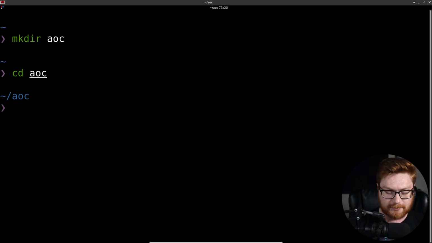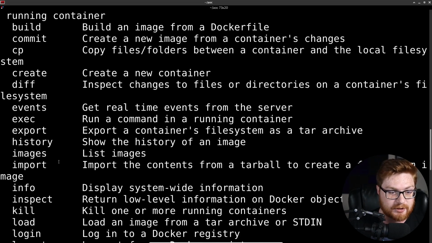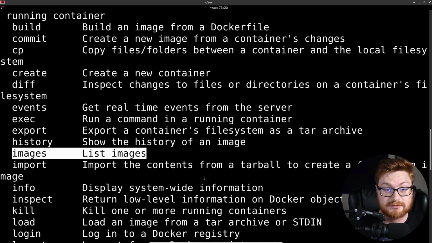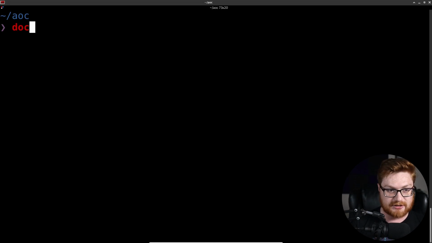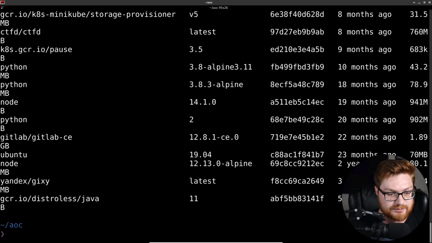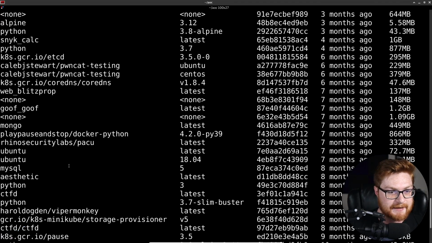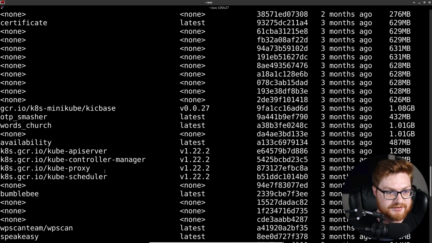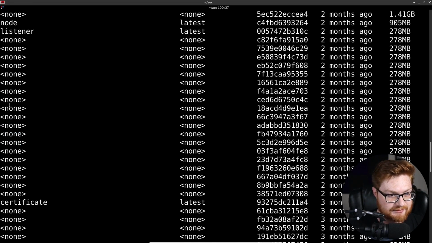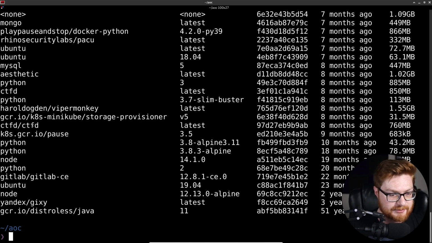You'll need to log in and back out, but ultimately you'll be able to run the Docker command. Now that will give us a lot of options, but notice that images will list images. I happen to have a good amount of these container images already set up because I've done so many things between other challenges that I've written, or I've played with other tools. And I say challenges as in capture the flag. You'll notice I have a lot of leftover dangling broken images noted as none here, but there are some good, interesting things here.